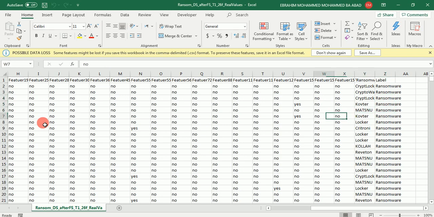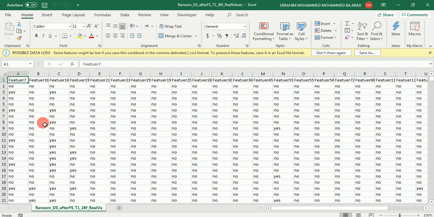Also, we have changed the numerical values from 0 to become no and 1 become yes. Also, ransomware, it was the 1, now it is ransomware as a nominal value, and 0 becomes goodware as a nominal value. This is the CSV file